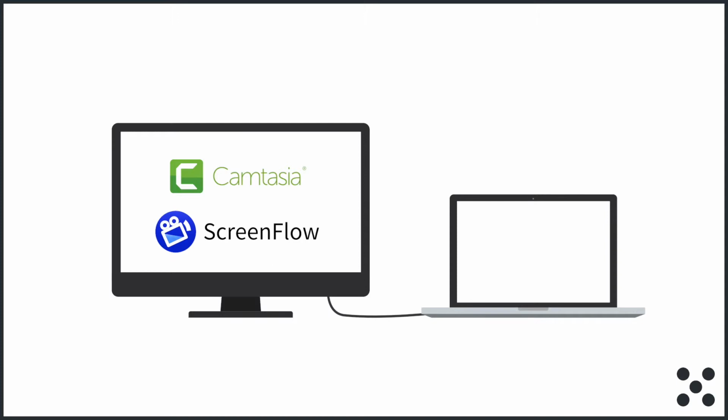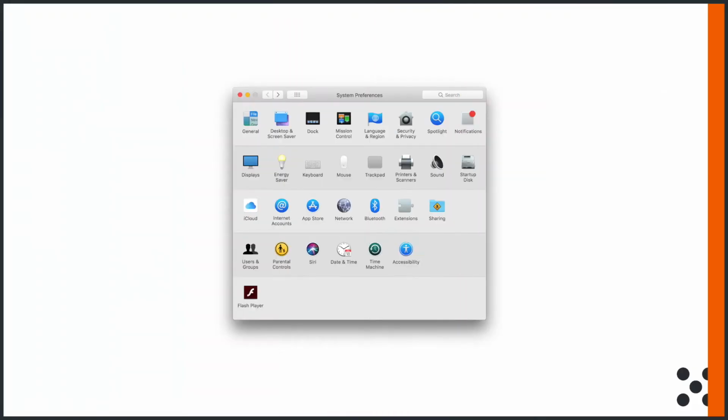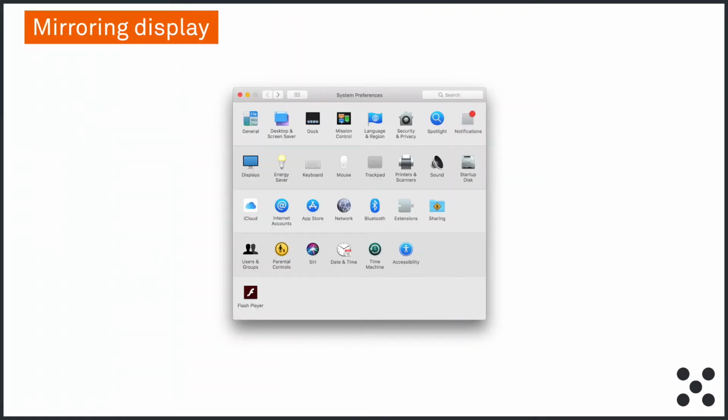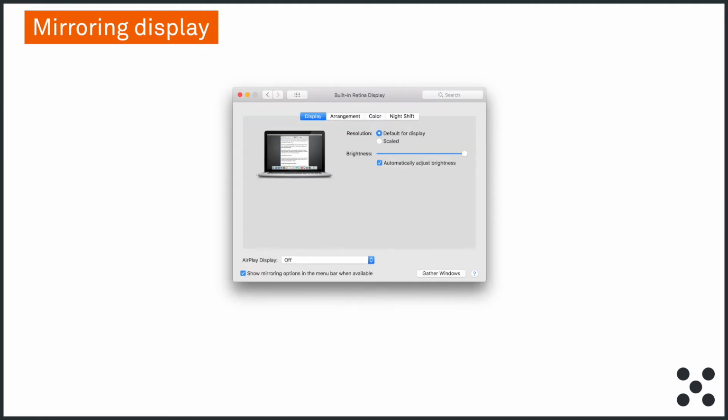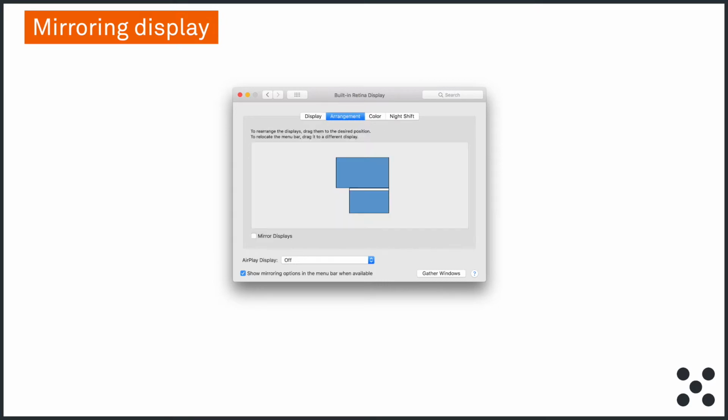The first thing you need to do is to make sure that the note taker is seeing exactly what the user is seeing on the laptop. You want to mirror the displays so that the external monitor is showing exactly what the laptop is showing. So open System Preferences and select Displays. And on this dialog, what you want to do is make sure you're looking at the middle tab called Arrangement. Check the box that says Mirror Displays. The 2 blue boxes representing the screens will be stacked on top of each other.